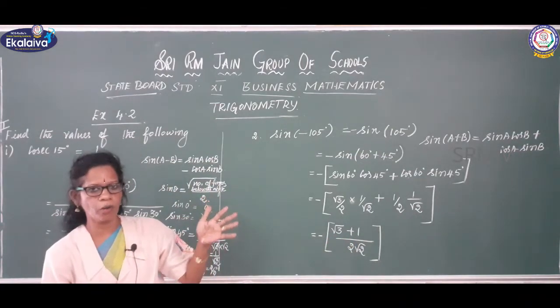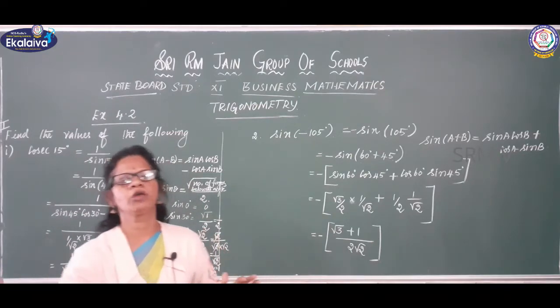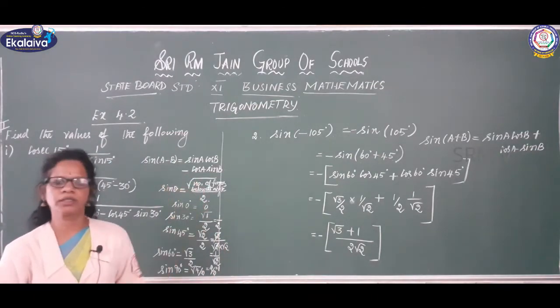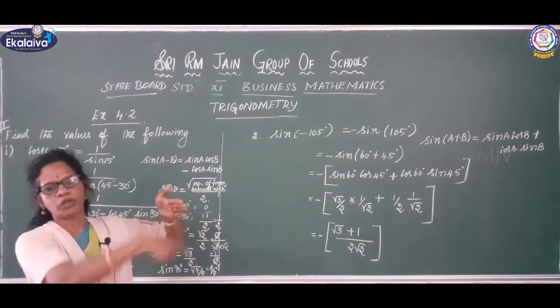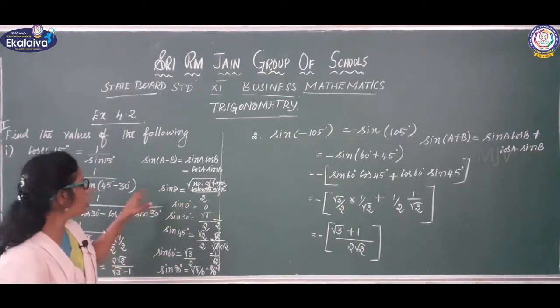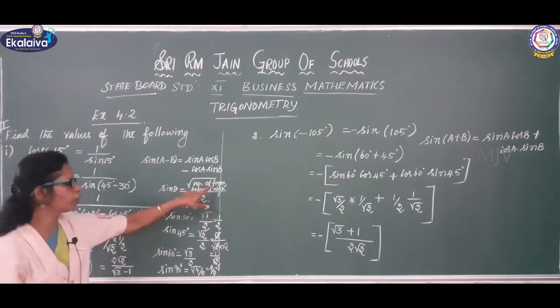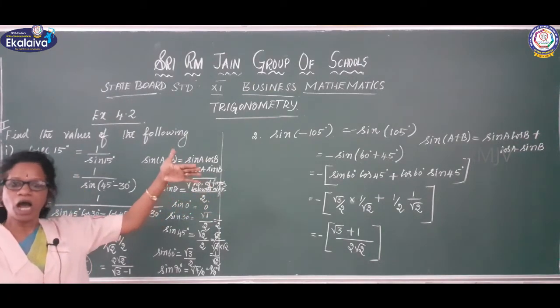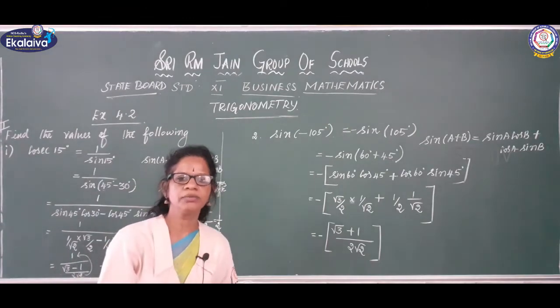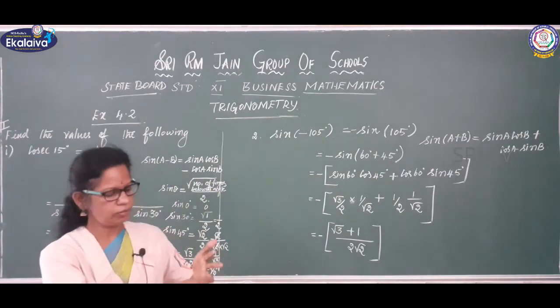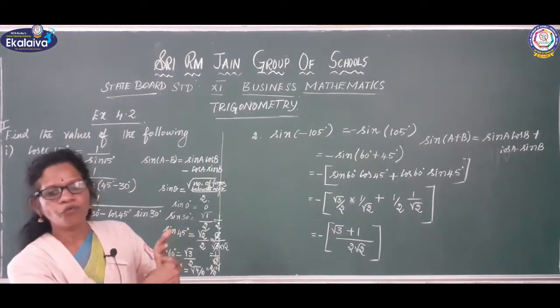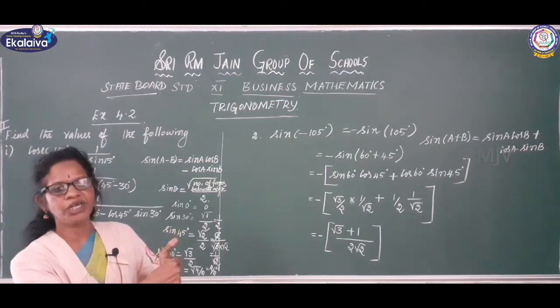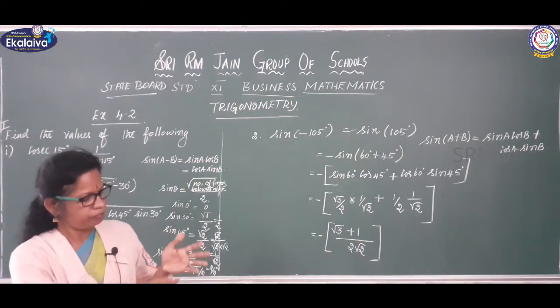You should go home and practice, right? Take your right hand or left hand, practice. If it is cos, you should write it in the reverse, right? Cos means what you have to write? Number of fingers. Here I wrote below the angle. Here you have to write above the angle, right? This is my 0 degree, 30 degree, 45 degree, 60 degree, 90 degree.